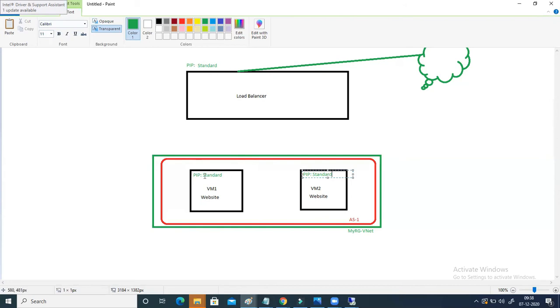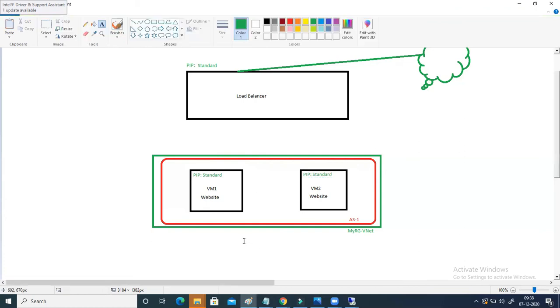I have taken public IP addresses on VM1 and VM2 because otherwise I'll not be able to connect to them, because I haven't configured my point-to-site VPN or site-to-site VPN. So there is no connectivity at present between my laptop and the Azure infrastructure. Right now, the only option is that I am able to connect to these virtual machines only via the public IP address. That is the reason I have selected the public IP address here. But if you have this connectivity already set up, you can skip it. That is very much possible here.